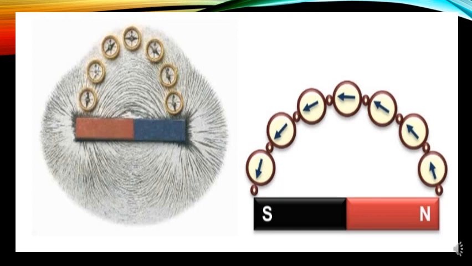Then take the magnetic compass and place it on the point which you marked. And when you keep doing this, you will get a curve which connects north to south. So in this direction, if you draw the arrow marks and join all the arrow marks, it will be a curve from the North Pole to the South Pole. This is how you trace the magnetic field lines of a magnet.